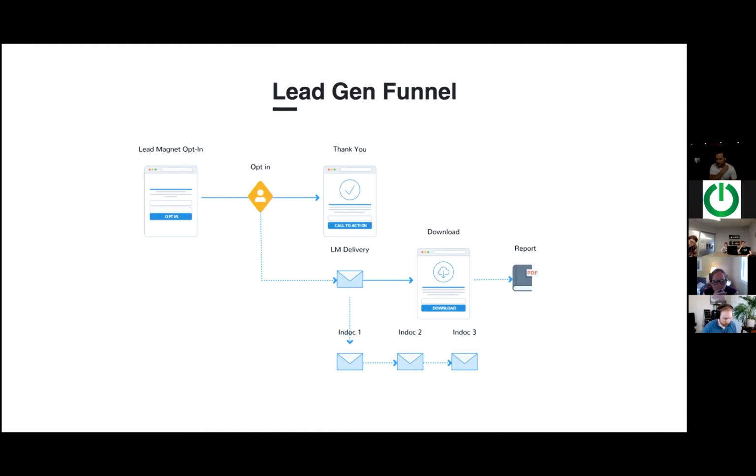Awesome. So that would be one of the more simple. This would be, to me, like a non-negotiable. Every business should have some sort of lead gen funnel within their system to build their... Well,